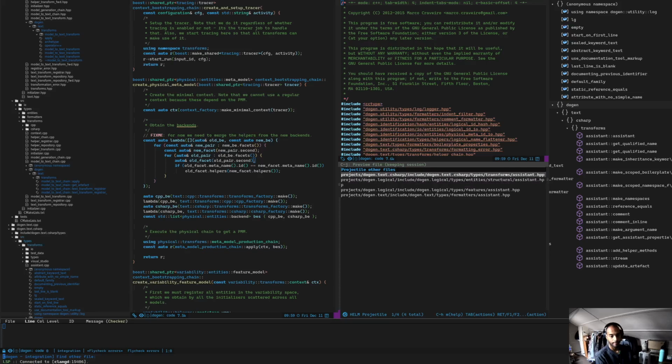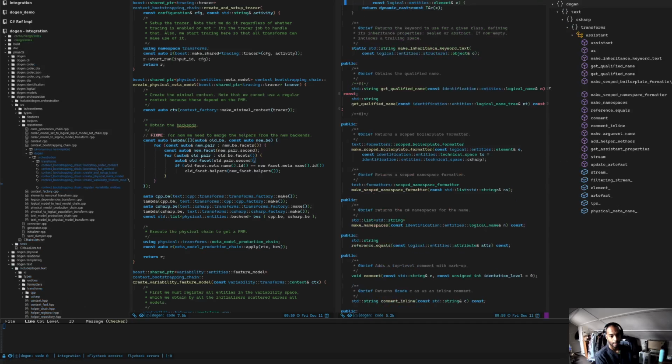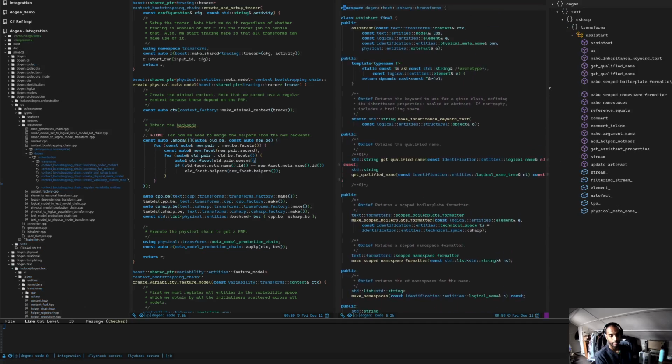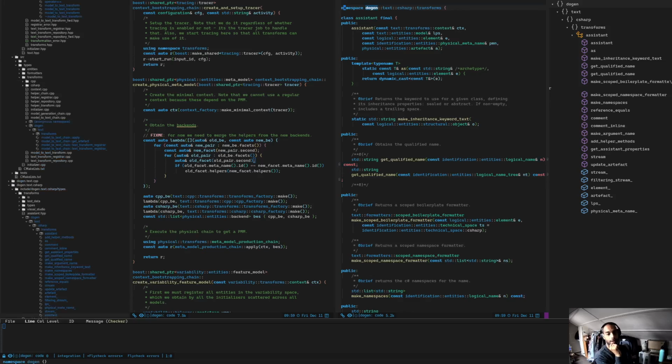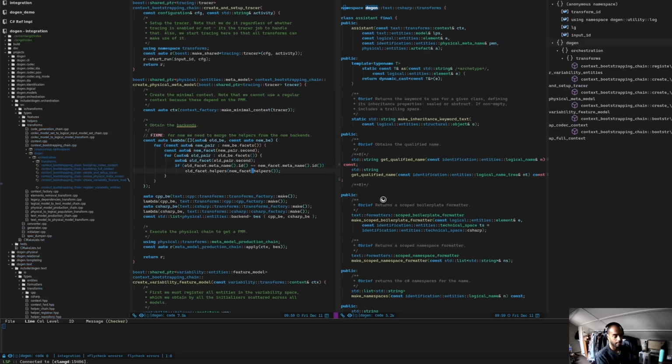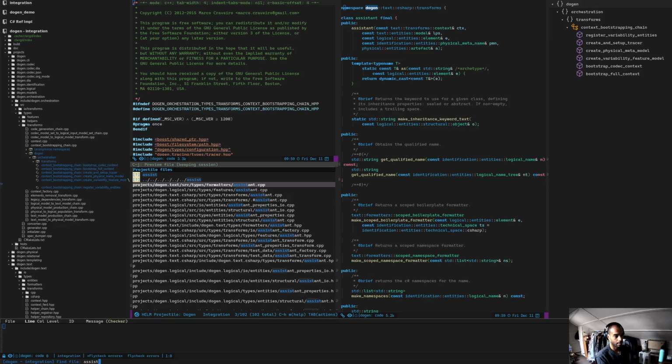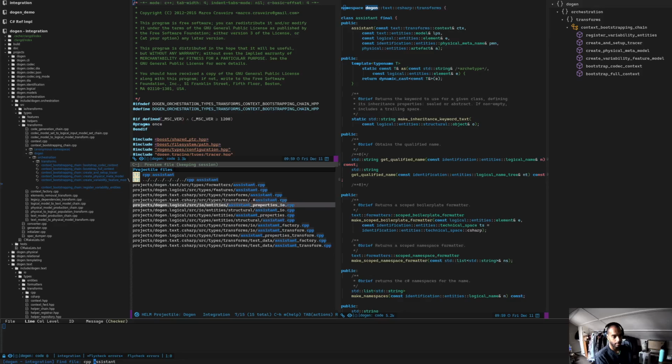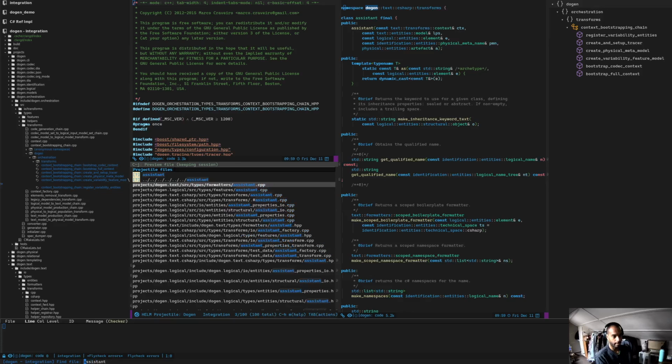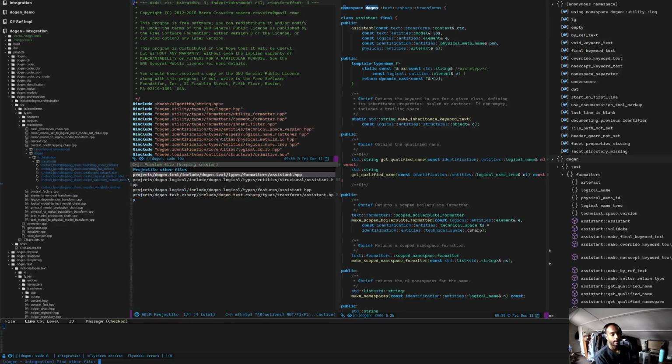Yeah, this guy. So as you can see here, we have a certain amount of things that are similar. In certain cases, not quite what I meant to do. So if I just look for the C++ assistant, in fact, I probably won't find the C++ assistant. I will have to find the text assistant now because the C++ assistant has been migrated. So if we look at the text assistant,